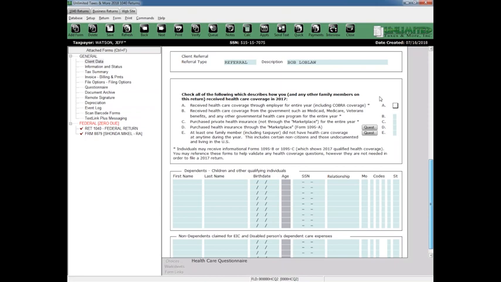Let's see, here's our ACA, our Obamacare. So if you have to answer one of the questions, that means that you're going to fill more stuff out. That's D&E. Everything else, you really don't have to do anything. And I'm just going to say we got our health coverage through,